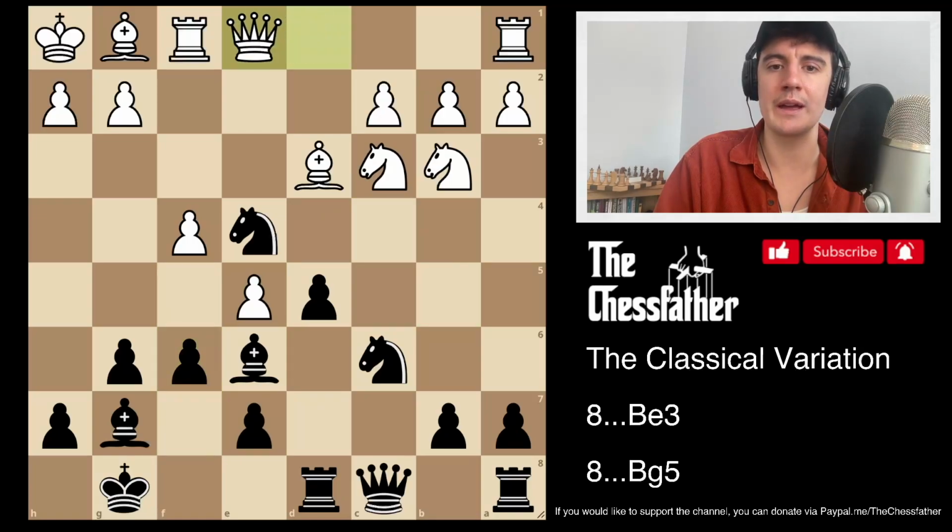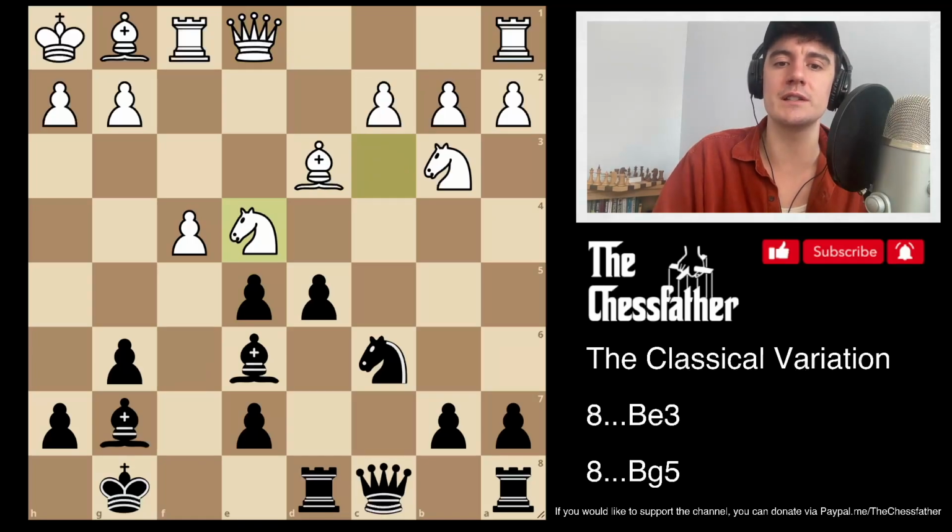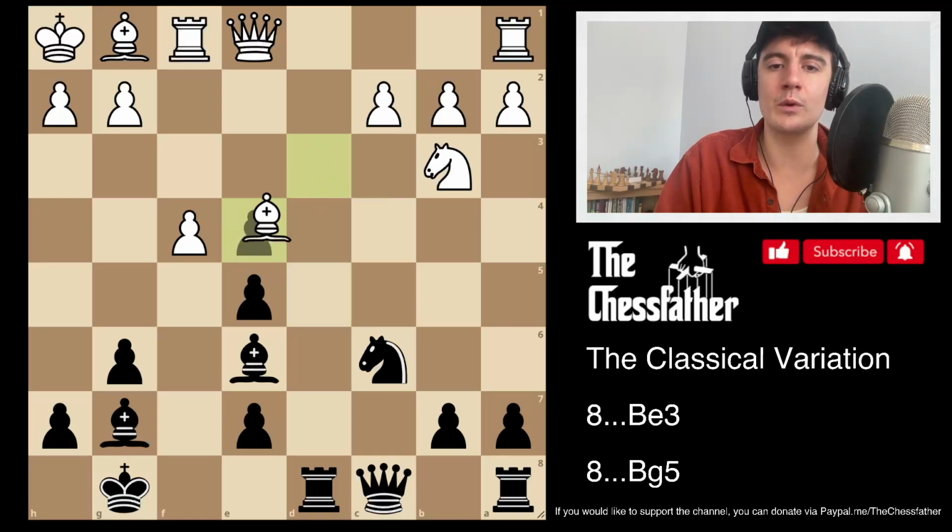I suppose they could play queen to e1 rather than capturing the piece, but now we are going to force the exchange. And after the knight now takes on e4, notice they can do this because now the bishop is not pinned to the queen. That was one of the ideas behind playing queen to e1. When we recapture and the bishop recaptures, we can now play